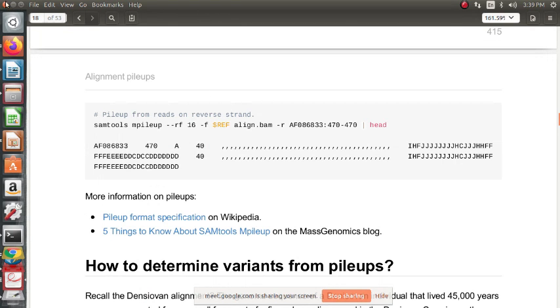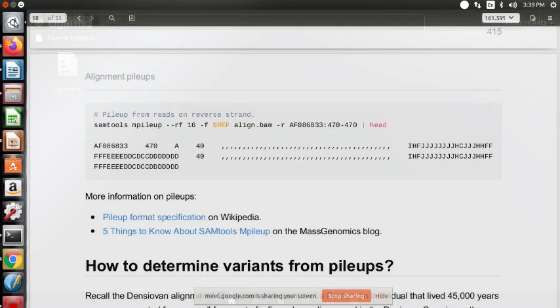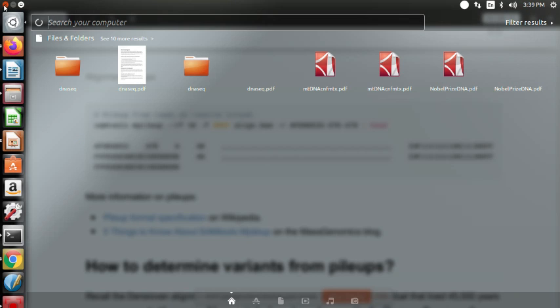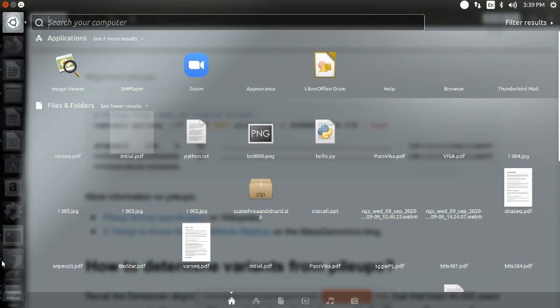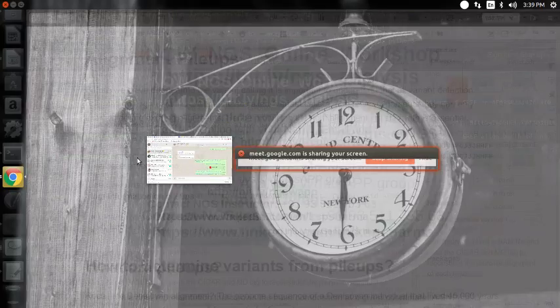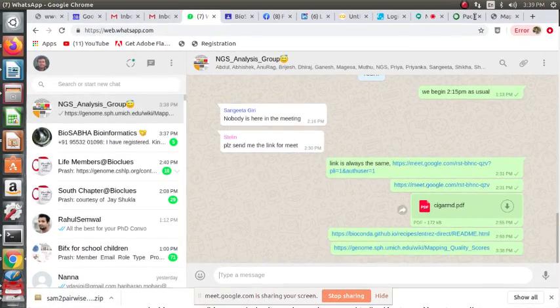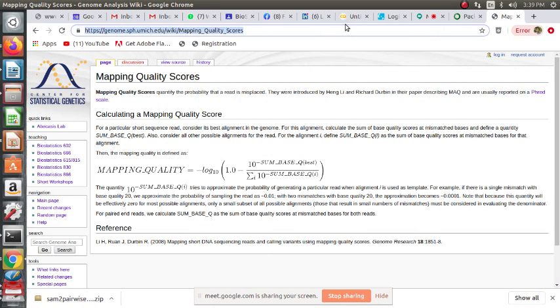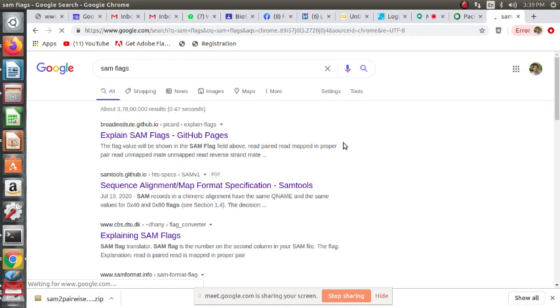If we carefully remember, let's check directly. No need to open the PDF. So SAM flags.